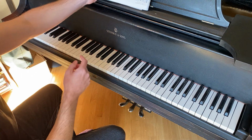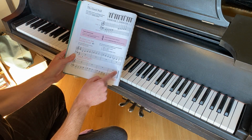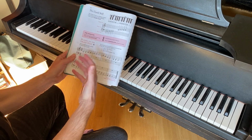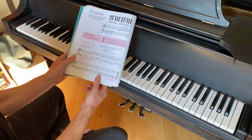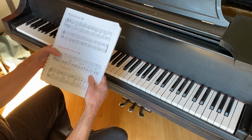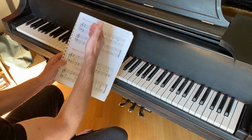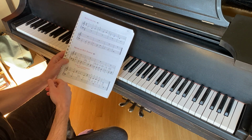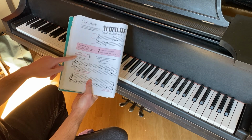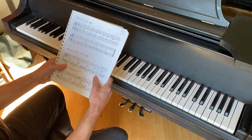So obviously you heard that I incorporated the repeat, and that's what this first official piece of music for both hands sounds like, playing on the grand staff. So let's keep this momentum going and take a look at page 21 for these 2 pieces, Rock Along and the Mexican Hat Dance. Now, Rock Along is very, very similar to playing on the grand staff, as in, we've got